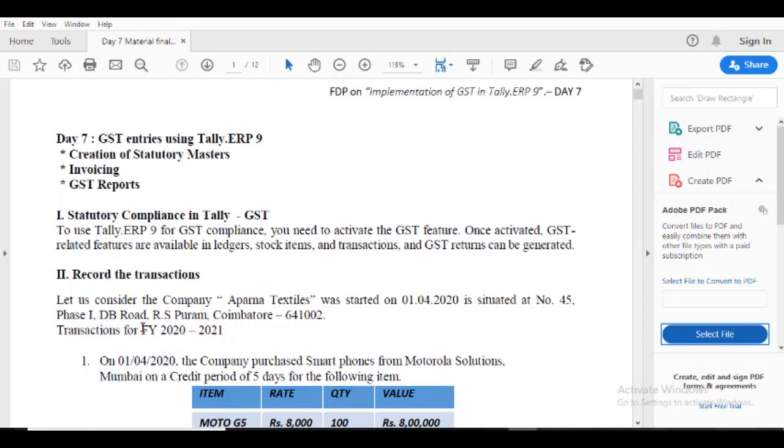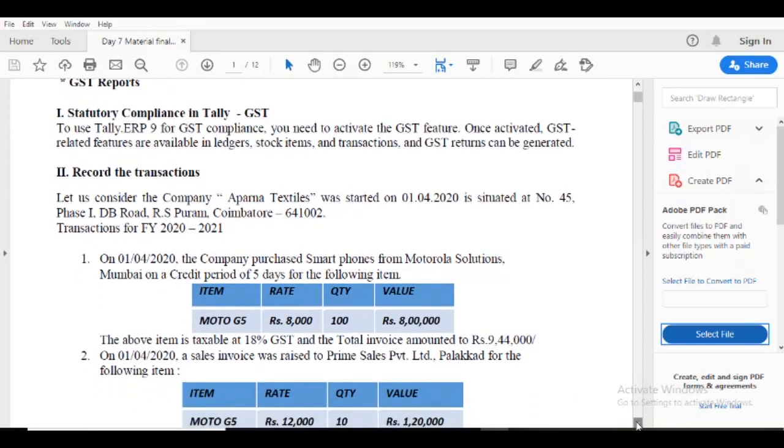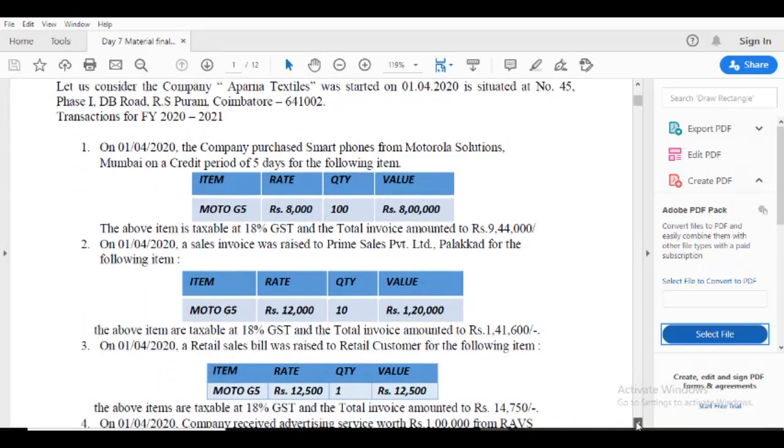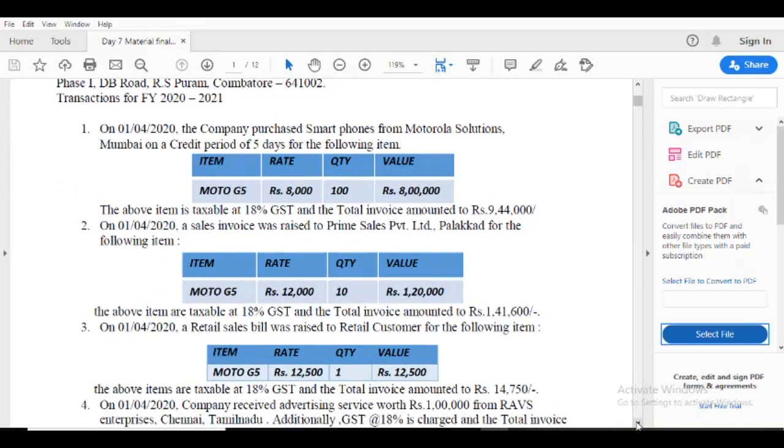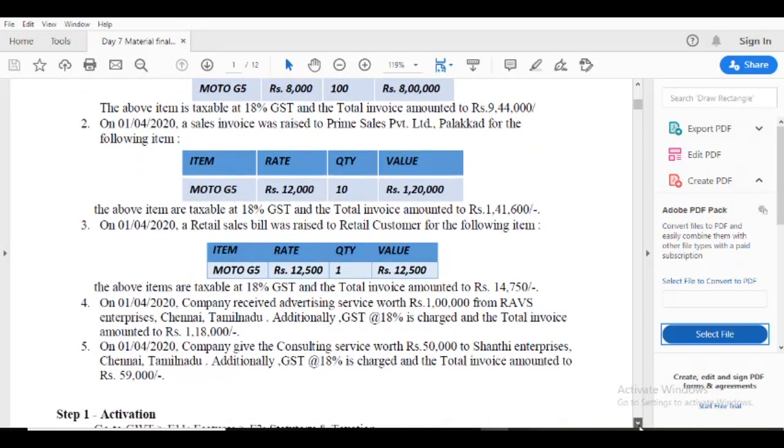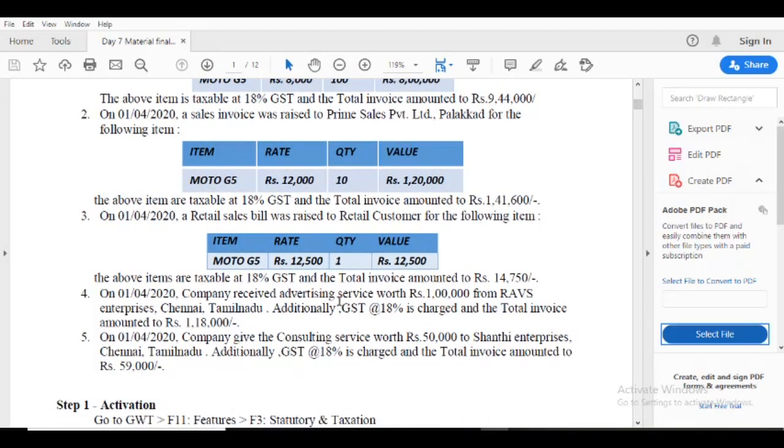For financial year 2020-21, I give the same date, only 5 transactions. One is a goods purchase, two are goods sales, and the last two are supply of services. One is hired services, and another is giving services.